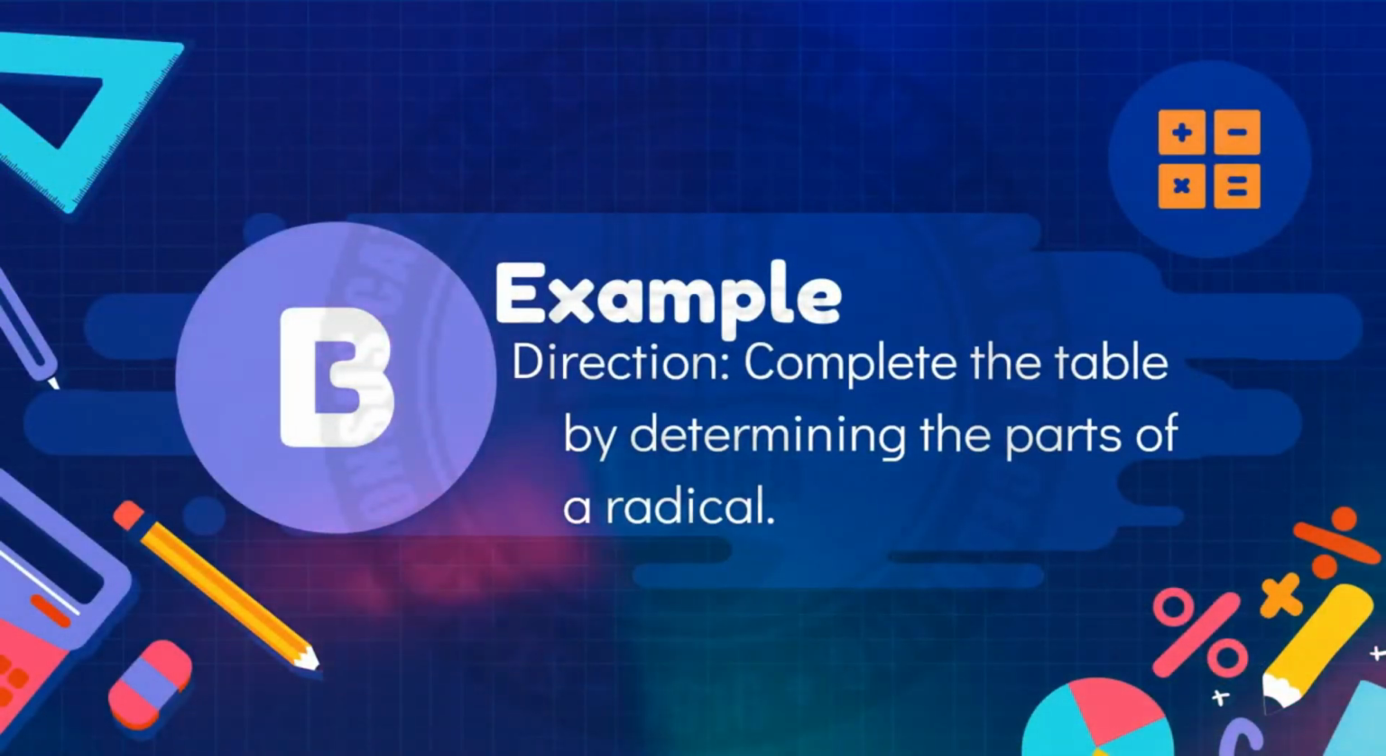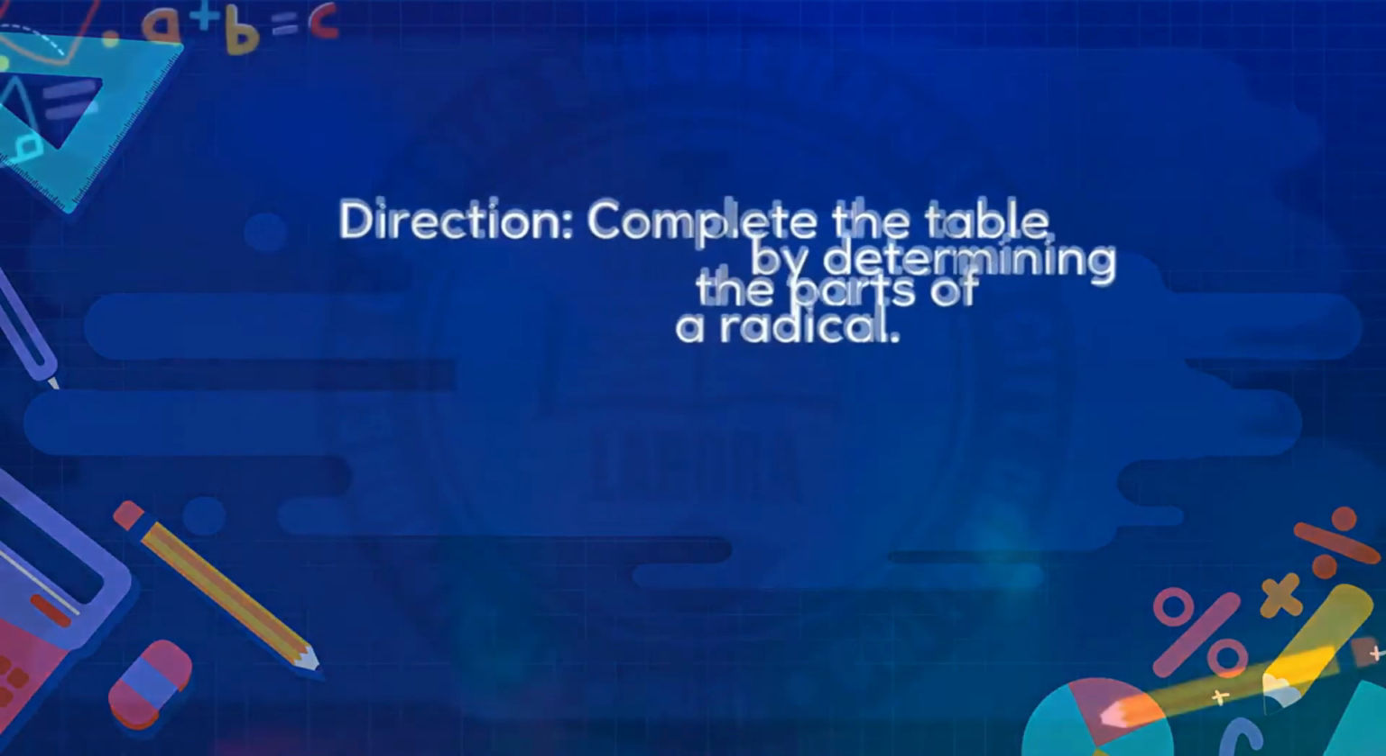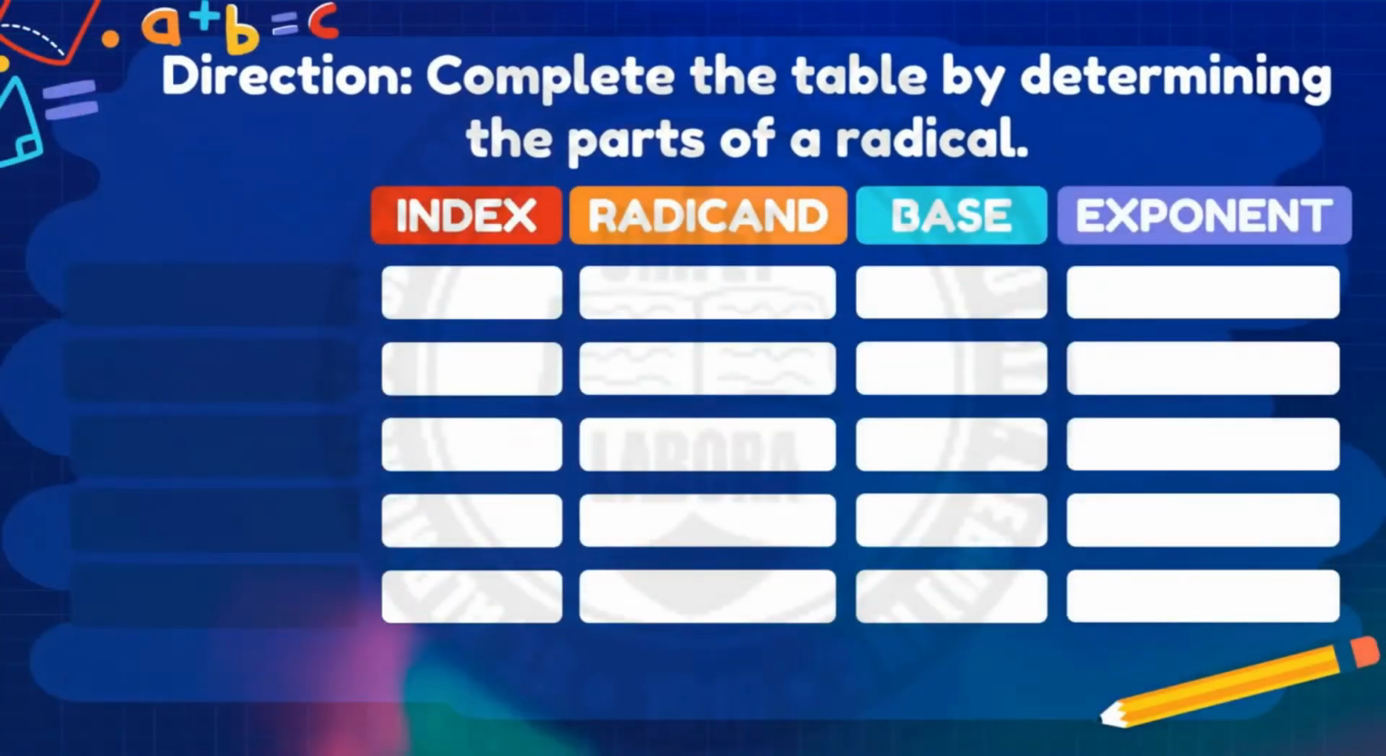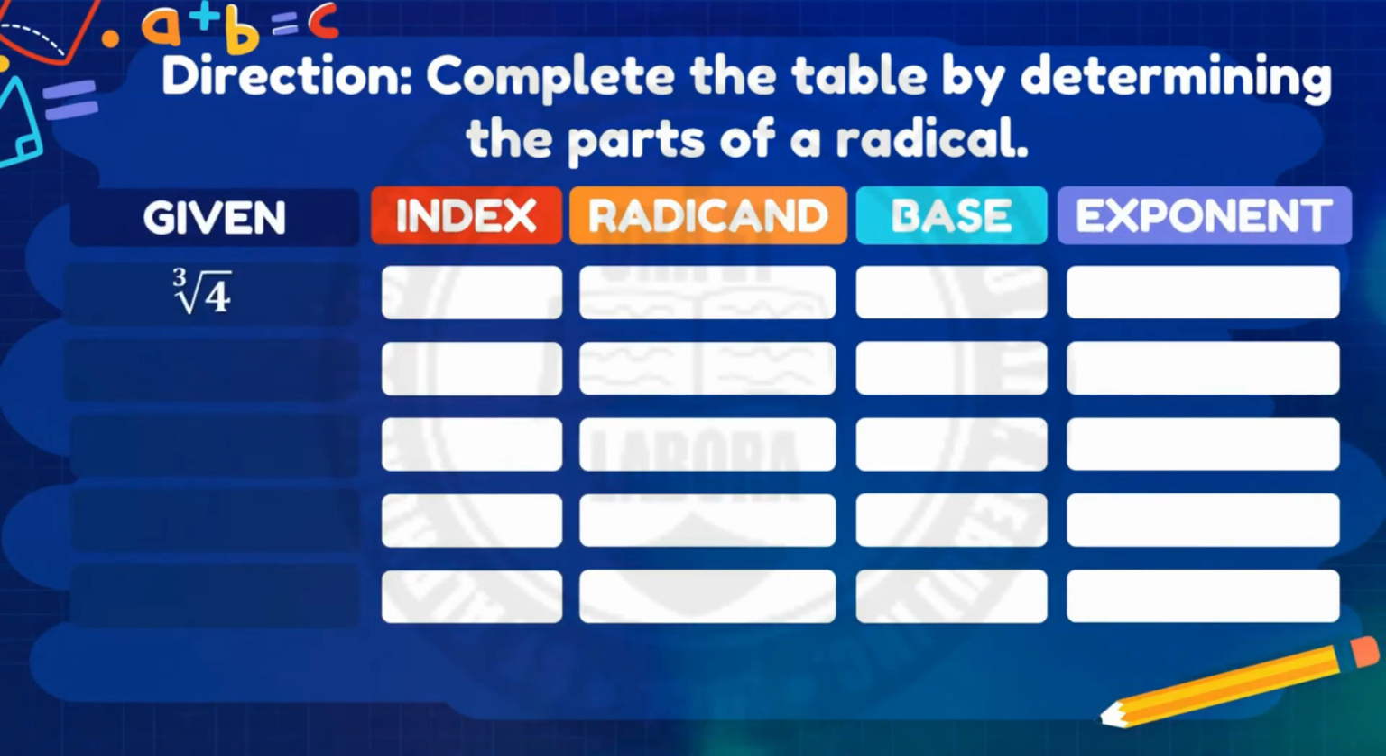Now, let's have some examples. Complete the table by determining the parts of a radical. For the radical, we need to find the index, the radicand, the base, and its exponent. First, let's have the cube root of 4. In the cube root of 4, the index is 3. The radicand here is 4. The base is also 4 with an